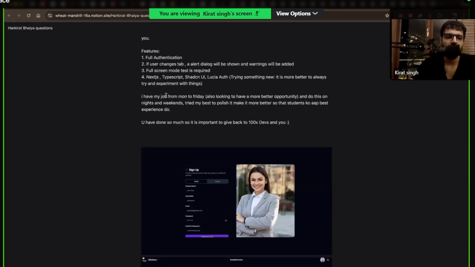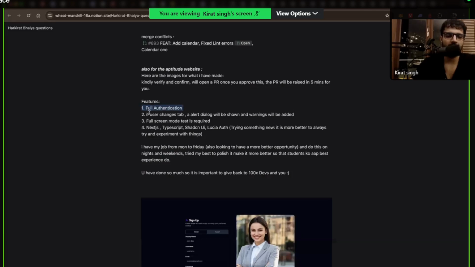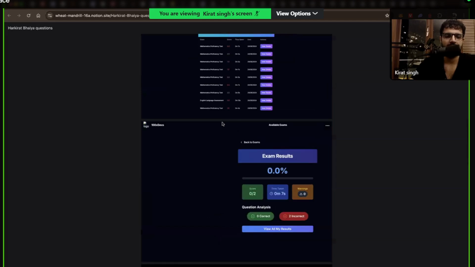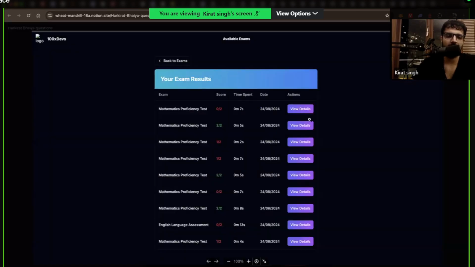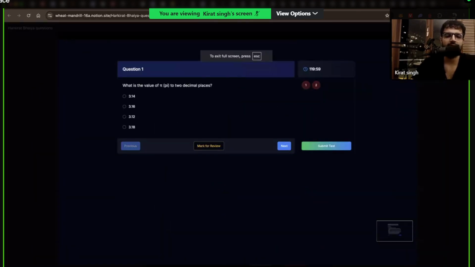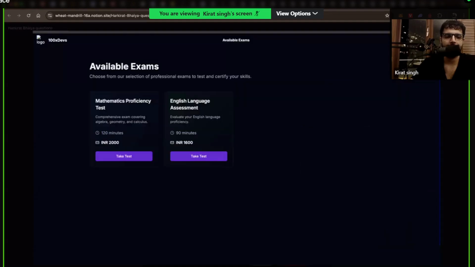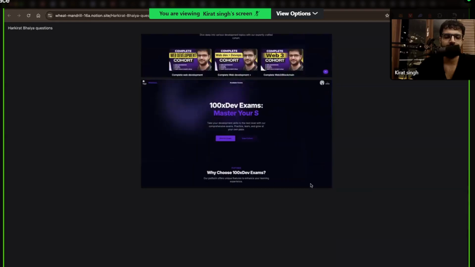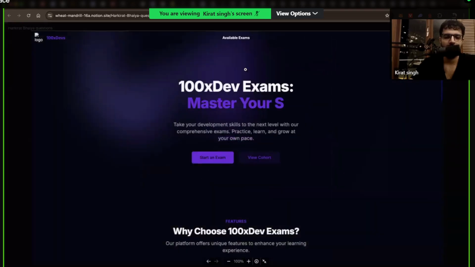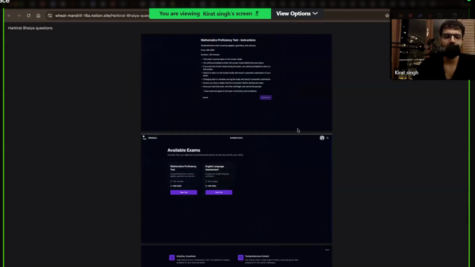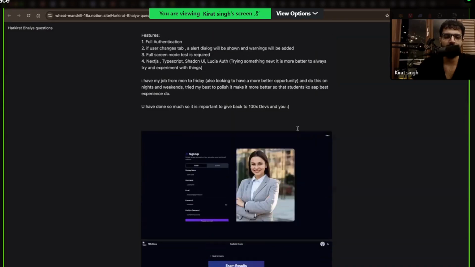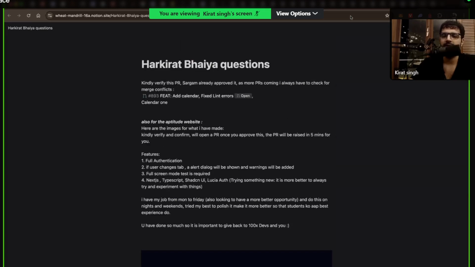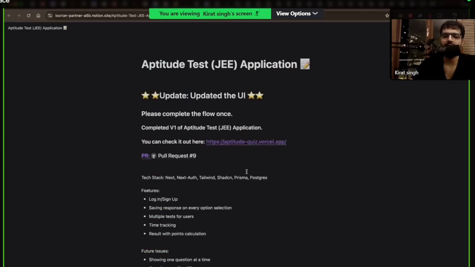All right. You have a few screenshots. What is this? Feature full authentic. Oh, what is this? Also, app review test website. All right. UI looks decent. I wouldn't say great, but we'll connect you to a designer. Don't worry. Yeah, this looks good. Can you deploy it? Do you have a live link? Let me connect you to a designer, and this can be the first iteration of the code. Let's make it a little bit prettier. Just finish the PR really quickly. As soon as you do the changes, just comment, I'll merge it.